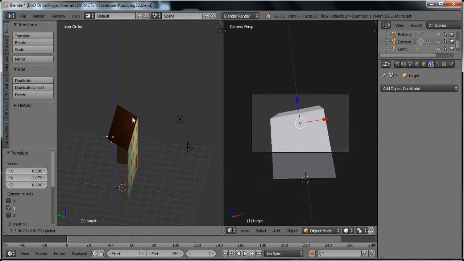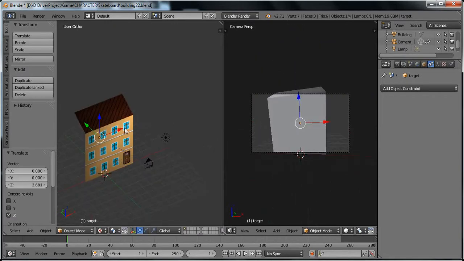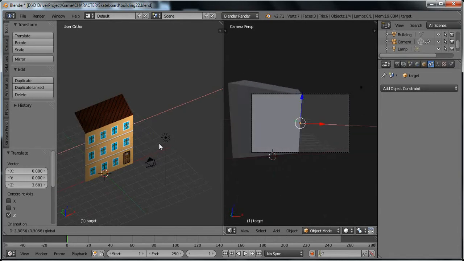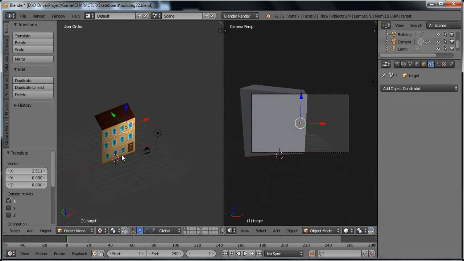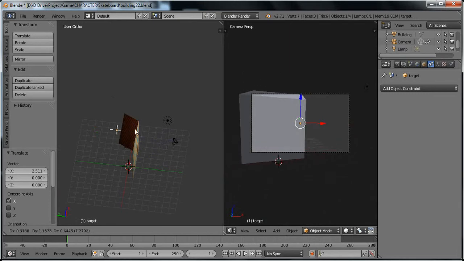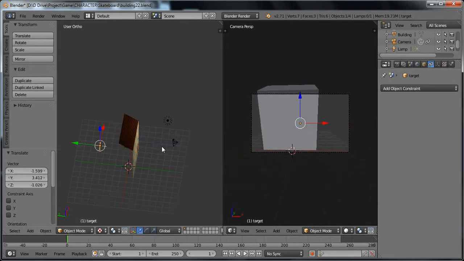Now wherever the empty object moves, the camera will follow it, and you can adjust the camera in this way also. This is a very handy way. You just press the G key and move this empty object anywhere. So this is a good way to adjust the camera.